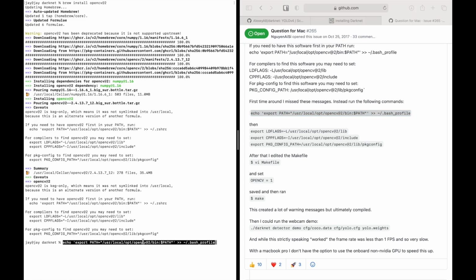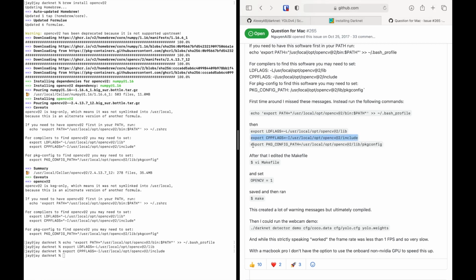I'll leave the link to this down in the description as well, so you can easily just copy and paste in your terminal. So we're just gonna go ahead and press enter. That's done. And this one, also gonna do this here. Also gonna do this here. Then lastly,